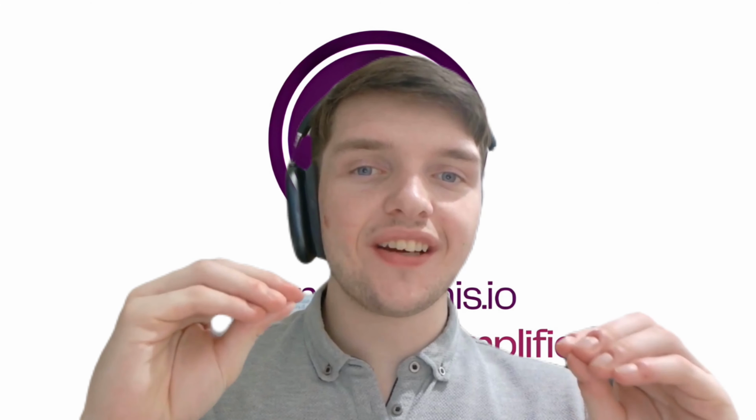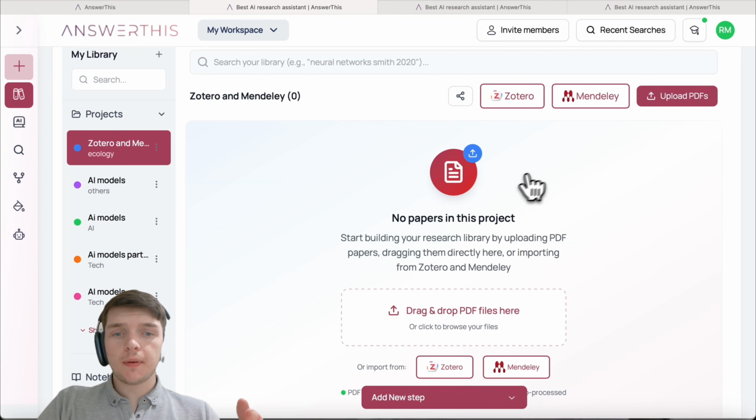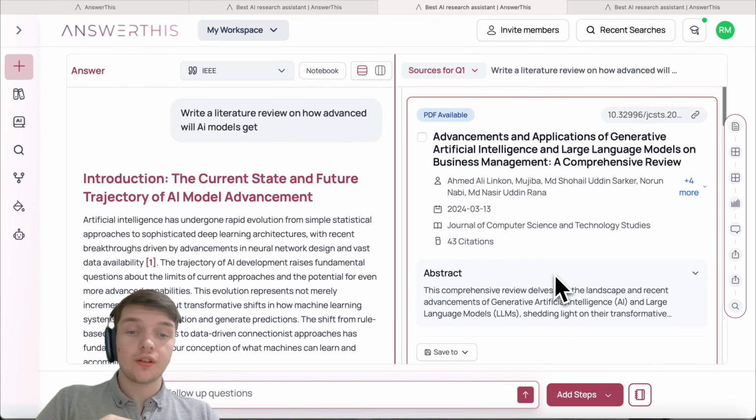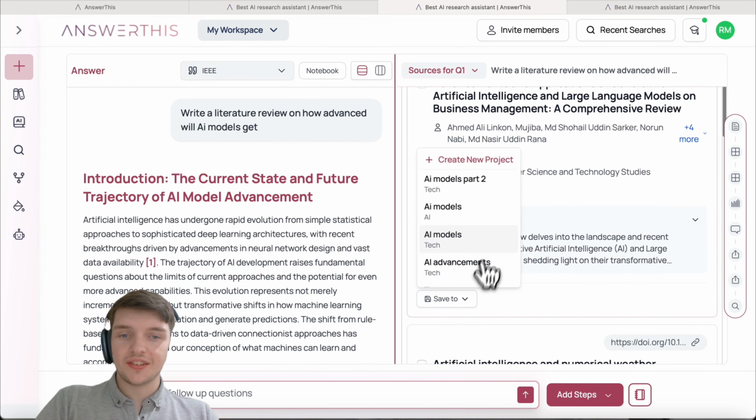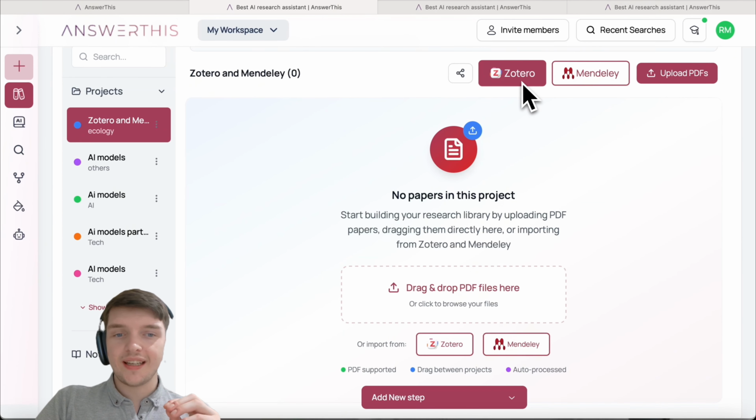Here's how you can integrate your Zotero and Mendeley libraries within AnswerThis. When you open up AnswerThis, you might have a new library that looks exactly like this. From here, we can add papers that we find as we go about our work in AnswerThis, such as this paper right here, or we can go ahead, upload PDFs, or more importantly, and why we're here,